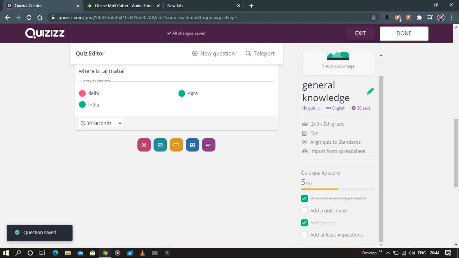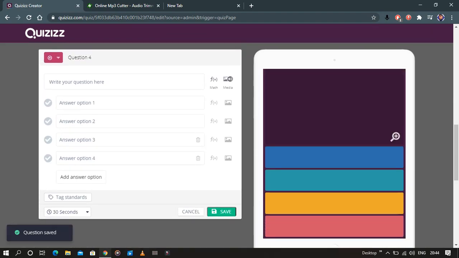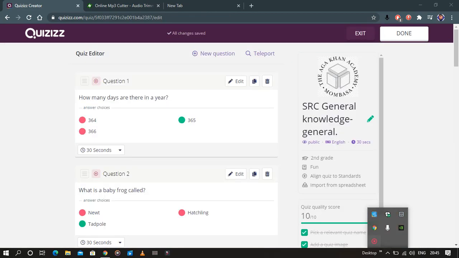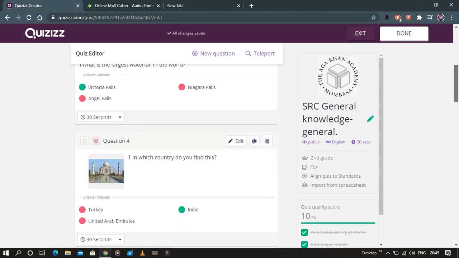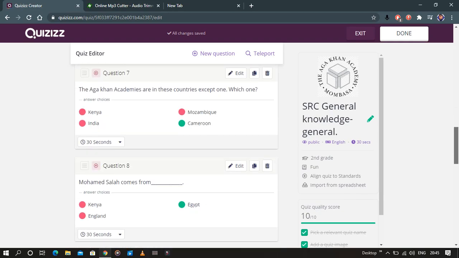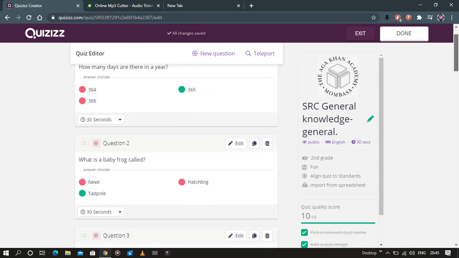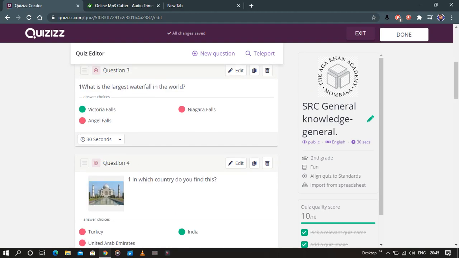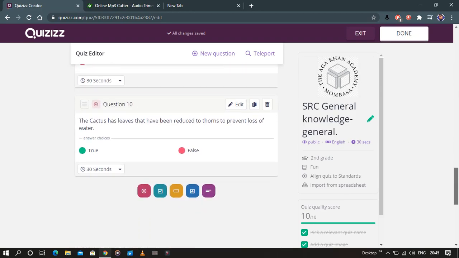So I've got three questions till now. Let me make one more to keep it four. So wait, let me keep it four quiz questions. I'm coming back. Okay, so as you can see, I have created a whole new quiz here for second grade students, means standard 2 students, and I've completed it. Now simply click on done. So actually I've not created it because it would take a lot of time, so you can create it by the method I have shown just now. So in this quiz I have added 10 questions.